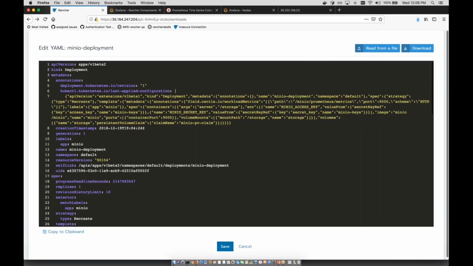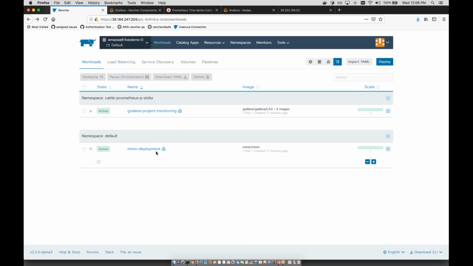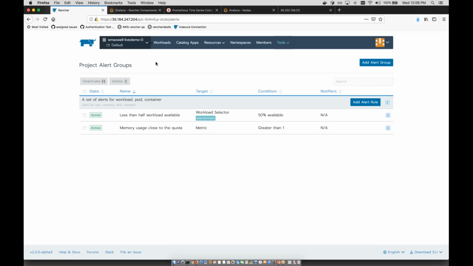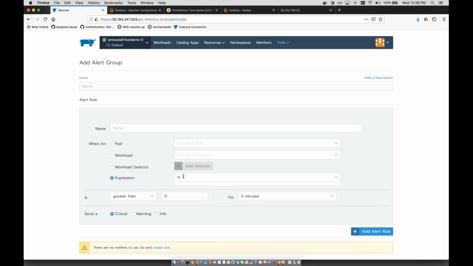So you can view edit YAML. You can see the workload is annotated here. And so you can do this as well, and then it should pick up all of the services and create everything in the background. Like I said, there's a bug and it didn't quite work out that way. But now say I wanted to have my new set of alerting, I can add a new alert group and have a new expression and see here,